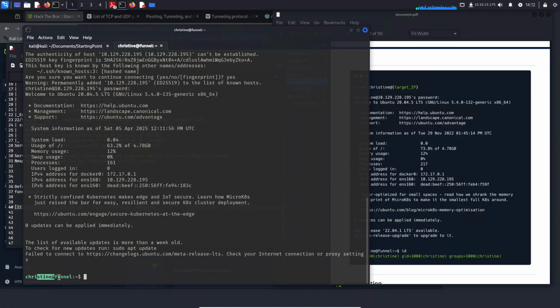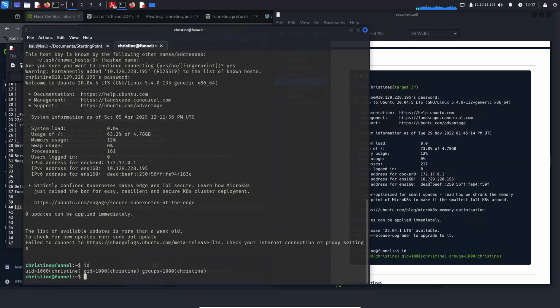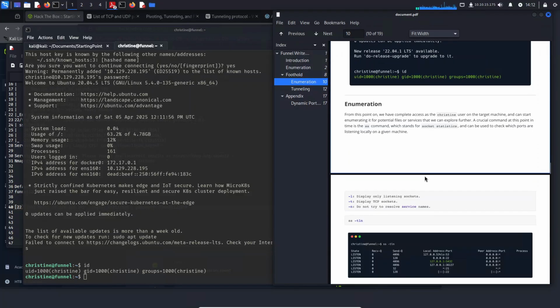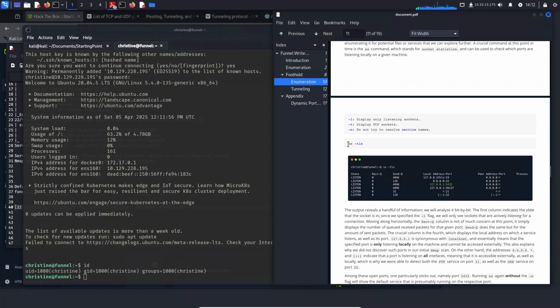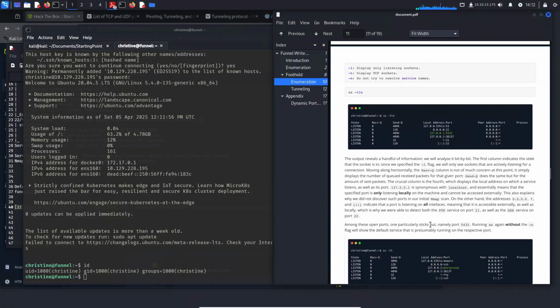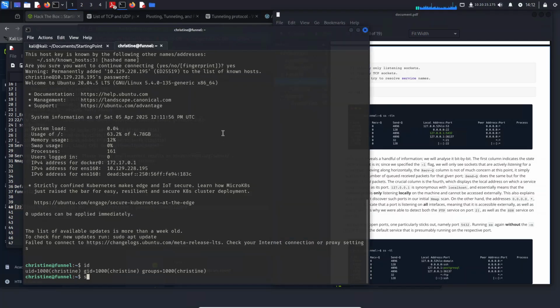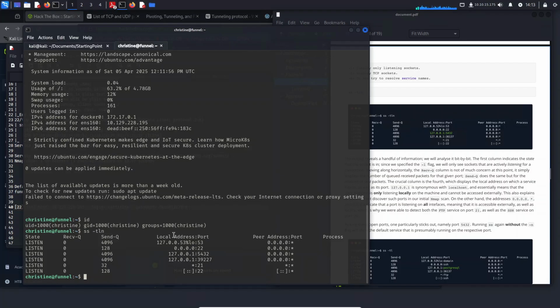Great, we are now switched to Christine's terminal, Christine at funnel. And let's now proceed to run socket statistics with switches TLN: T to display TCP sockets, L to display only listening sockets, and N, do not try to resolve service names first. So let's see what Christine can see. Great, our output looks similar to the screenshot, and according to the walkthrough,